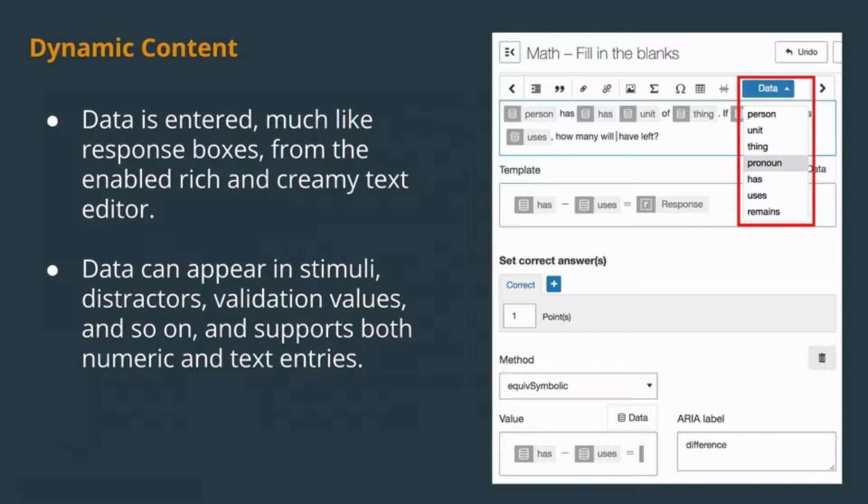And then here's a quick snapshot of the editing interface. This is the editing of a question. This happens to be a math fill in the blank, but you can use the data in a wide variety of question types. The data input, or the entry of the data into the question comes from the rich text editor. So as you can see, the highlighted area here, we're pulling down a menu, choosing from one of the available variables that we've put into the data